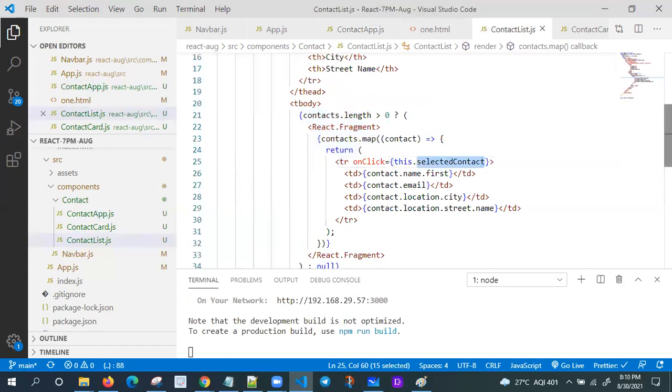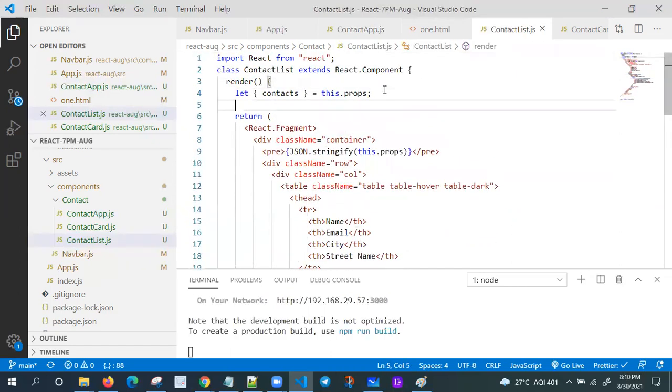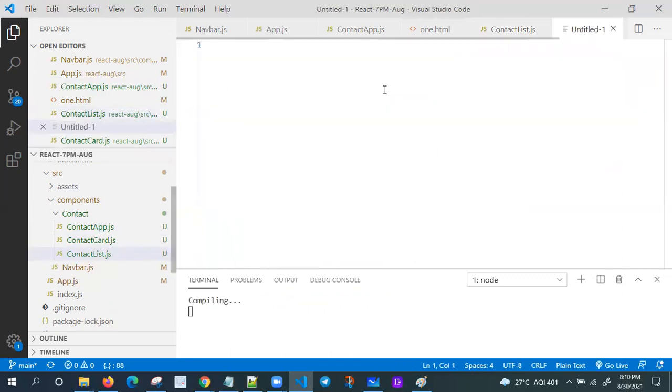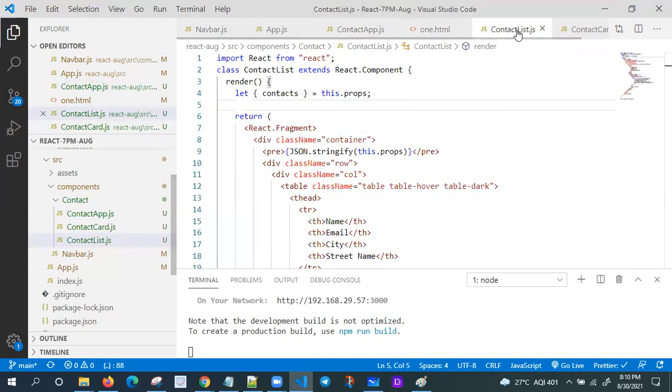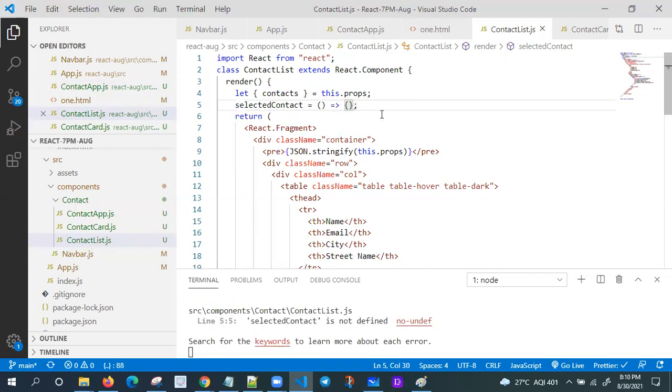I'm writing it here. Selected contact, it's better to use a fat arrow function. Okay, fine. Now tell me what I need. Selected contact.